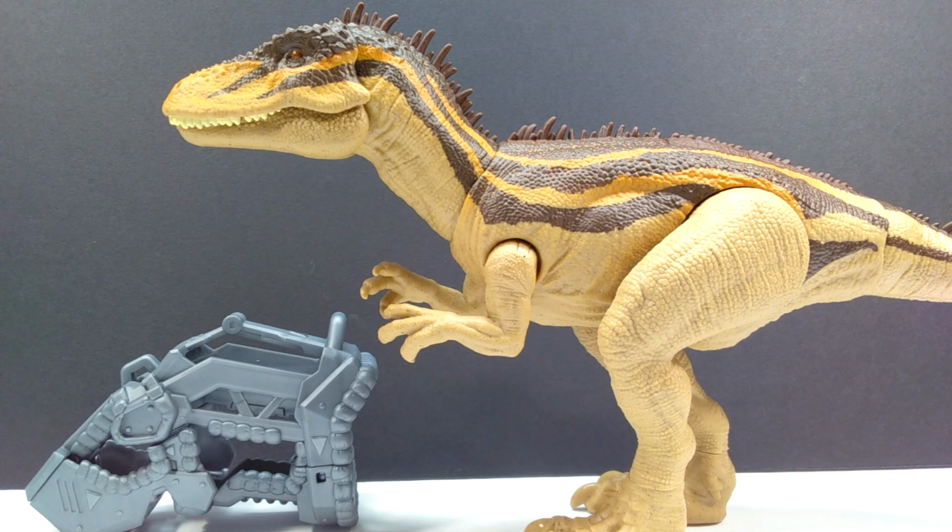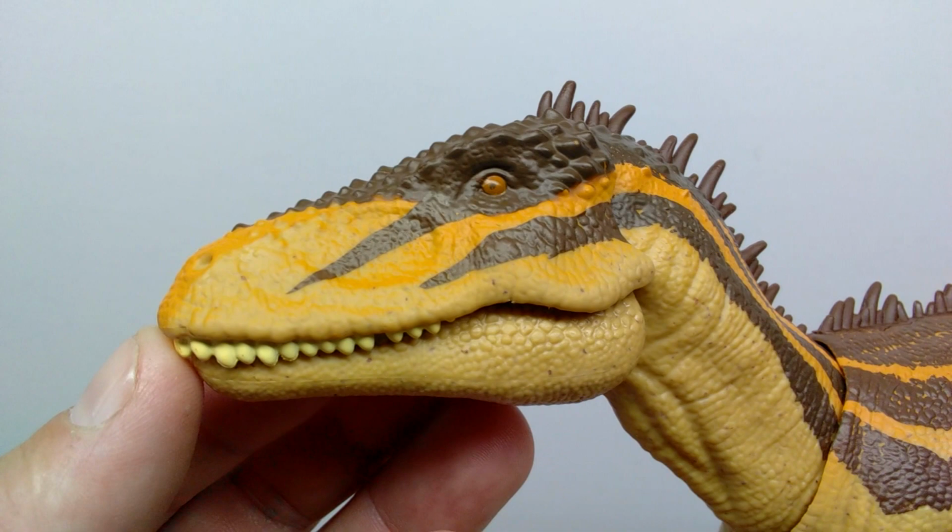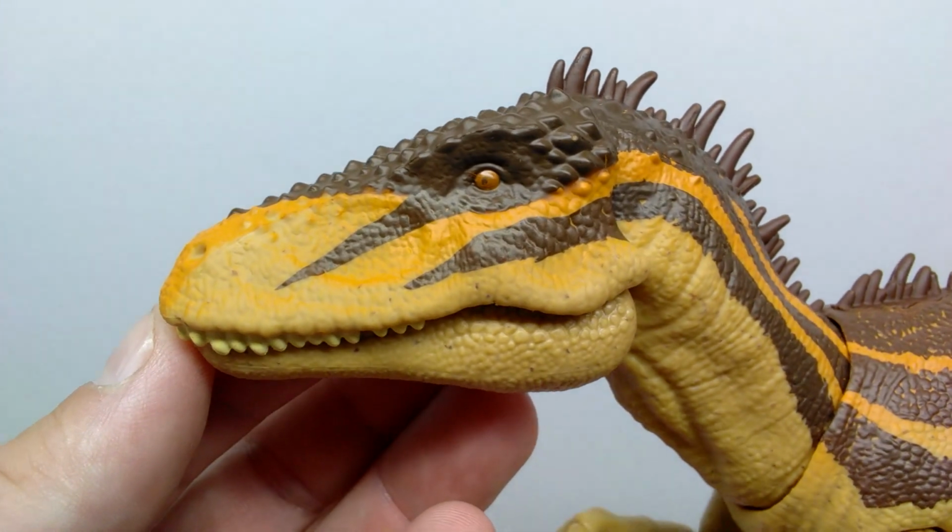I love the quill-like ridges running down the back. The tail length actually looks pretty decent on this one. Again, not quite as long as it should be, but not terrible either. So, still pretty fun looking at first glance. Let's go ahead and get a closer look, and then we'll truly be able to tell just how nice it is. Starting up here at the head sculpt of the Carcharodontosaurus, like I was saying,